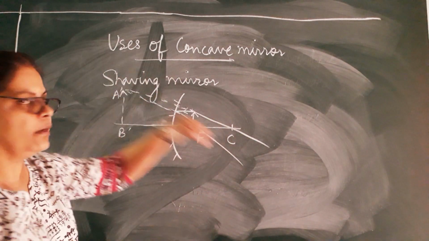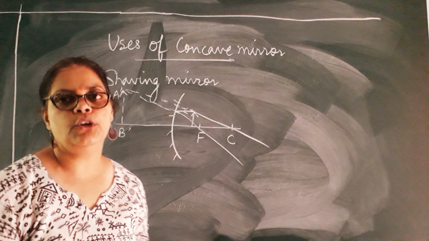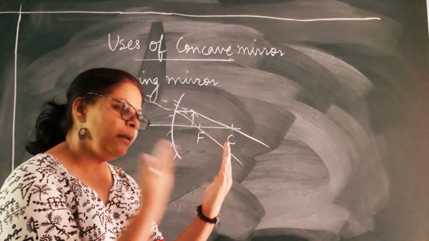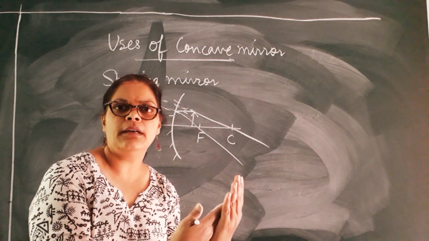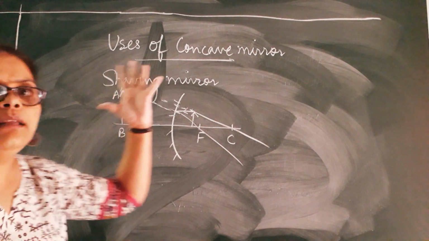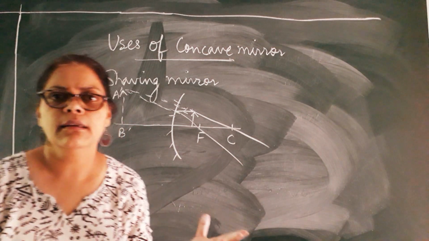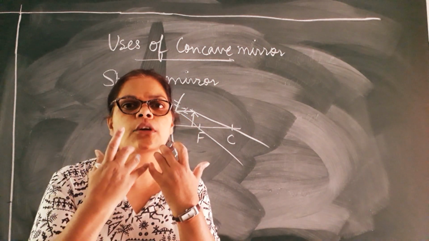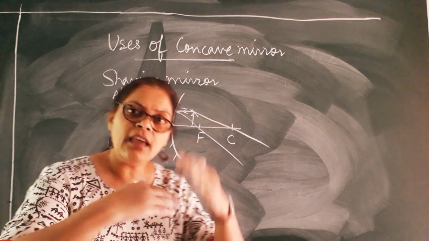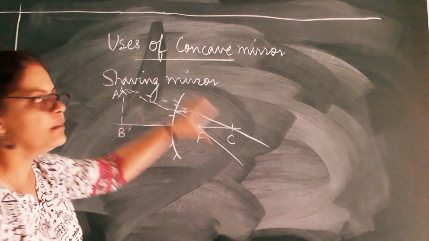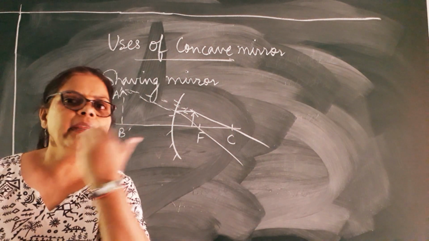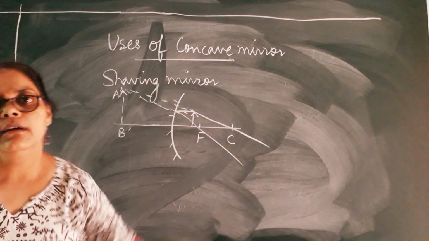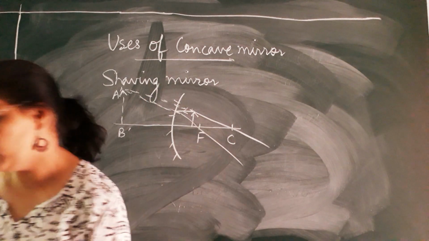So, in shaving mirror, this is the case which I am referring to. In a shaving mirror, the object is placed very close to the mirror, and when I place the object, that is my face, very close to the mirror, the image formed is virtual, erect, highly magnified. So, what is going to help me? How is it going to help me? It is going to give a clear picture, a detailed picture of my face. So therefore, barbers use it as a shaving mirror because they can see each and every detail of a person's face. Right? So that's why case 7 refers to the utility of a concave mirror as a shaving mirror.